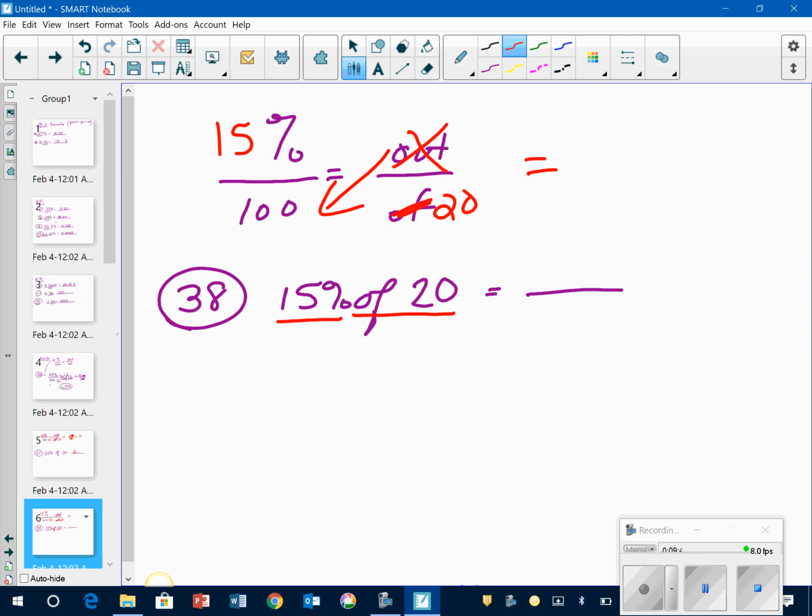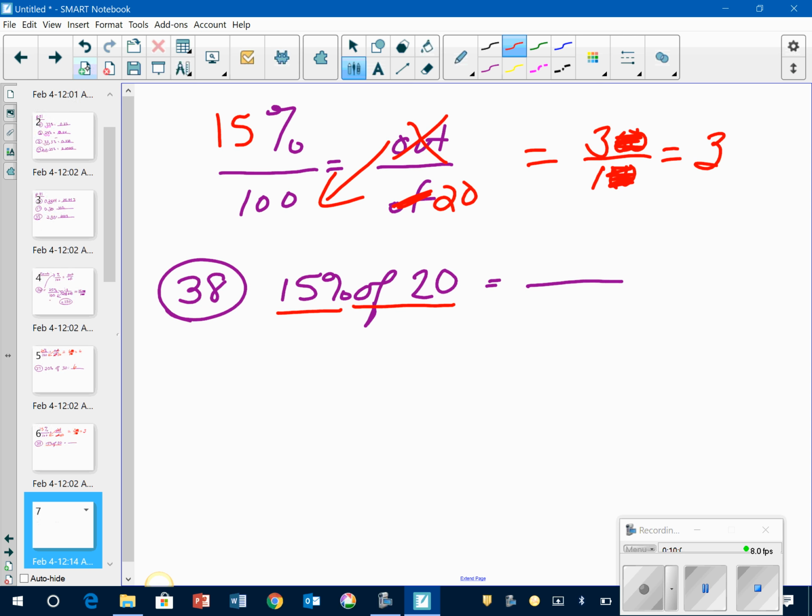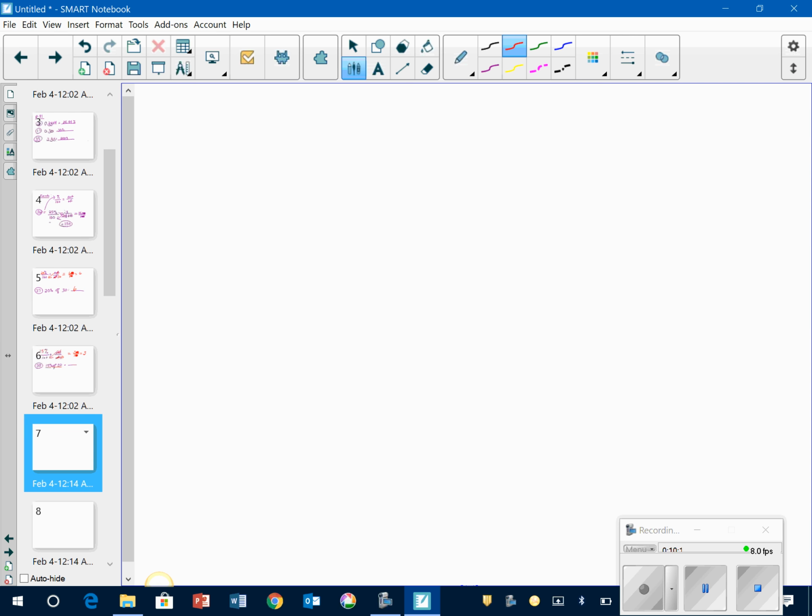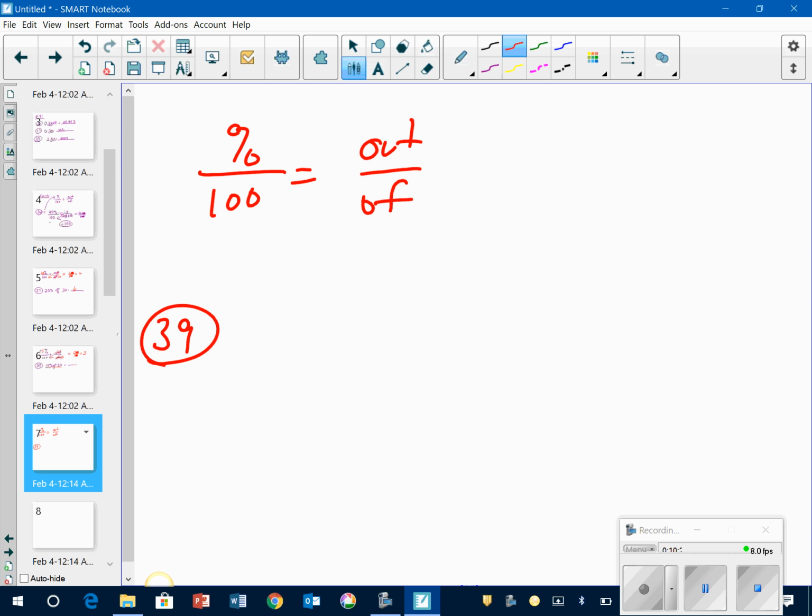So x times 100 would be 100. 20 times 15 is going to be 300. Again, we have 2 zeros here, 2 zeros here, so we can simplify that out. 3 divided by 1 is 3. So we'll do one more of these, and then I'll go to the other one. Percent out of 100, out over of, number 39,